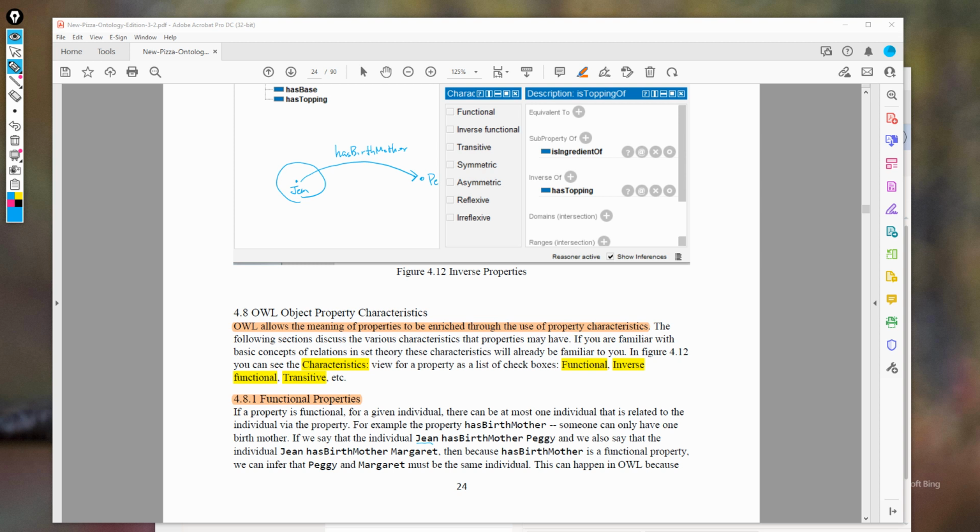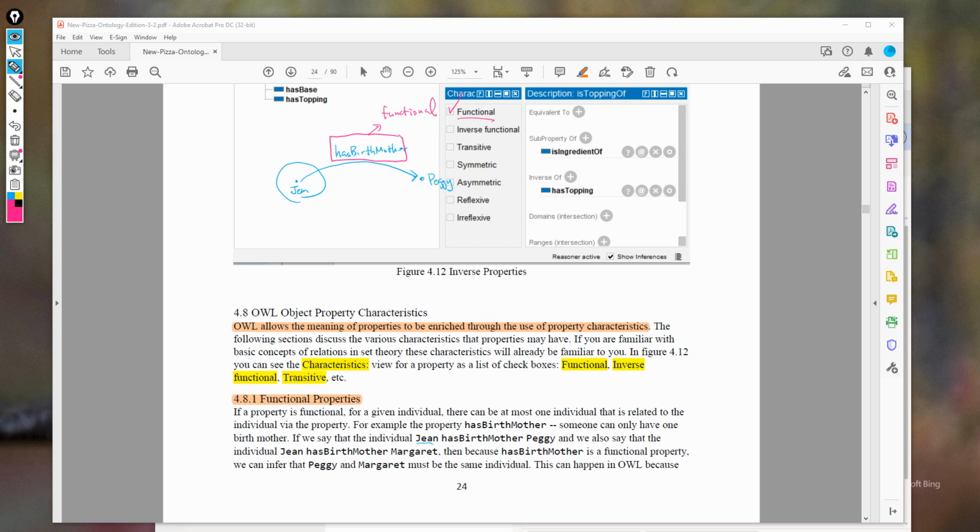Here's Peggy. And if you use Protege and declare this property as functional, for example by checking the functional checkbox,